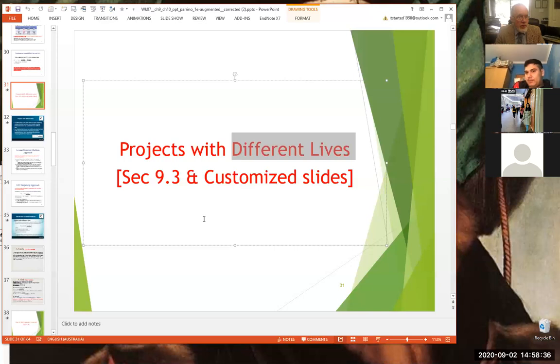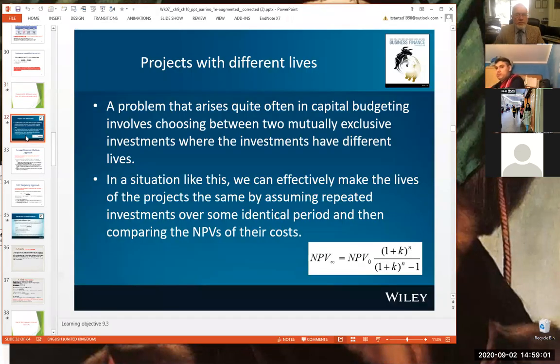Now, that's a pretty easy one to observe, like to recognise what's going on there. Sometimes you may not have quite that clear, crisp, almost absurd difference in lifespan of the two different projects. You might have one that's running for 5, the other one's running for 7, and it's sort of harder to work that out. How do you work it out? Simply, net present value itself doesn't give you the answer. You have to do something else.